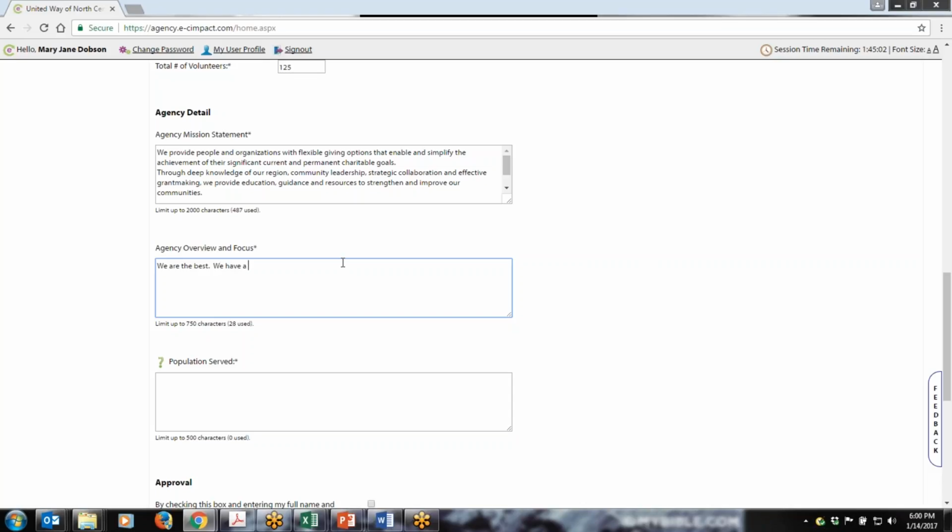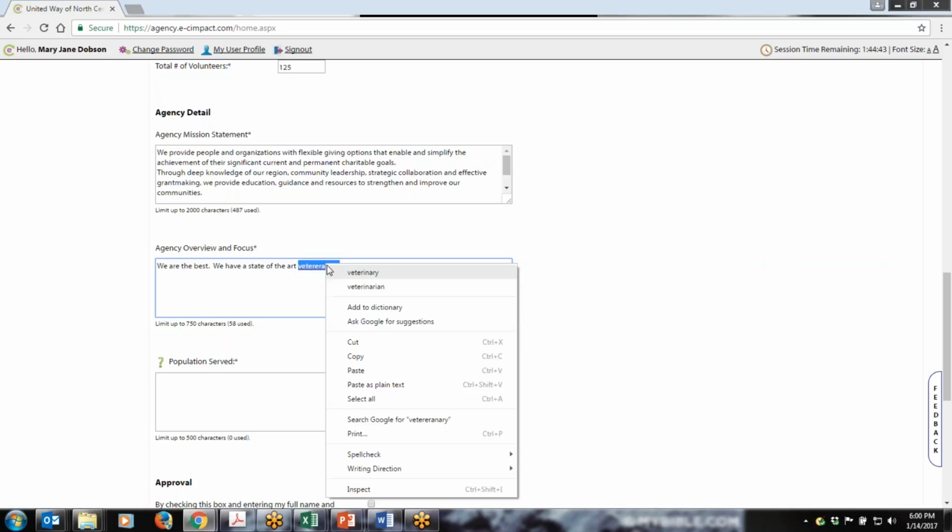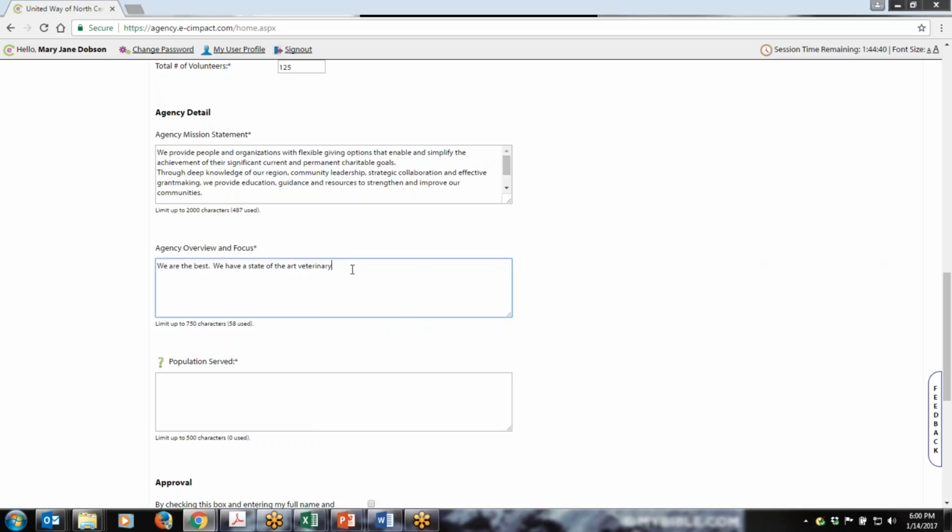So I'm going to say we have a state-of-the-art veterinary, and I don't know how to spell veterinary, so there we go. Facility, and use volunteer staff to keep